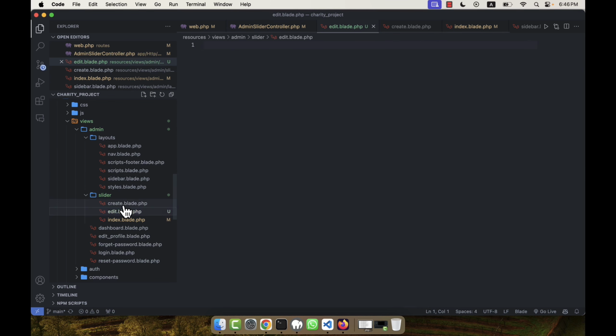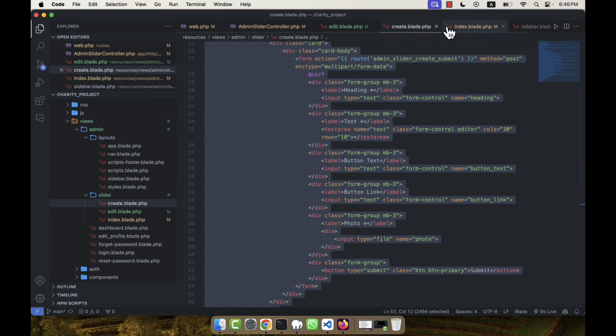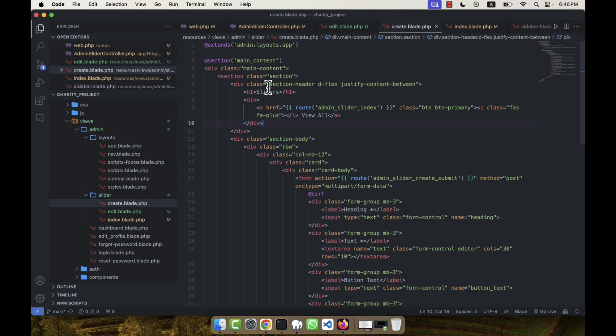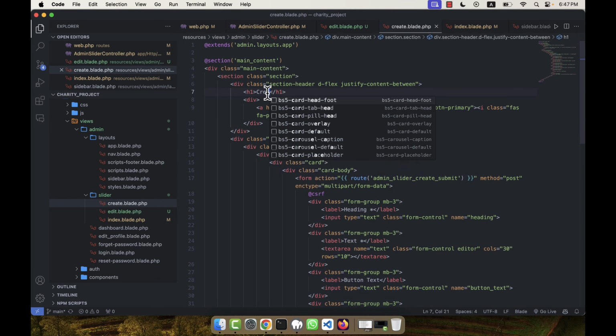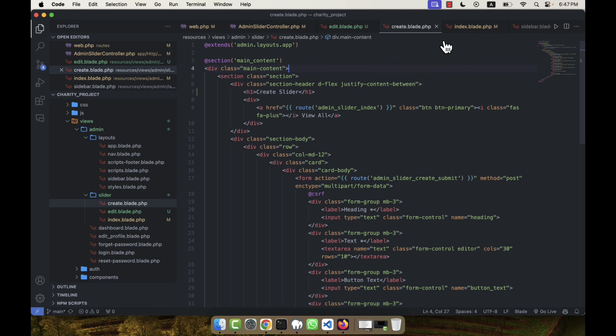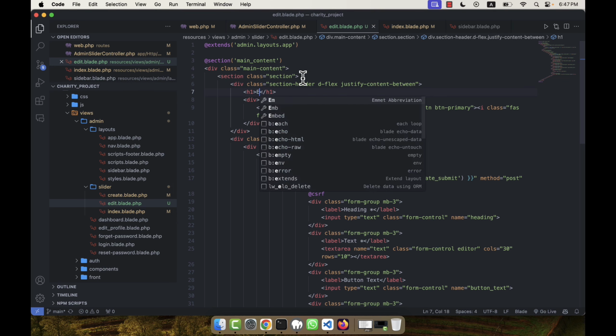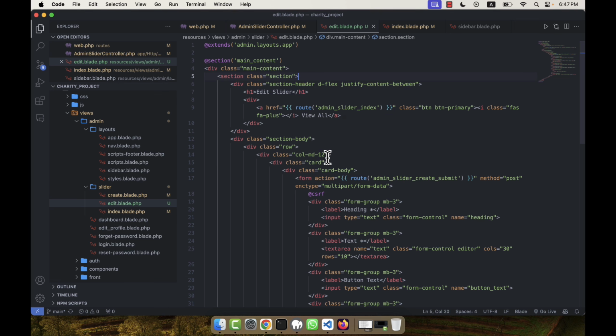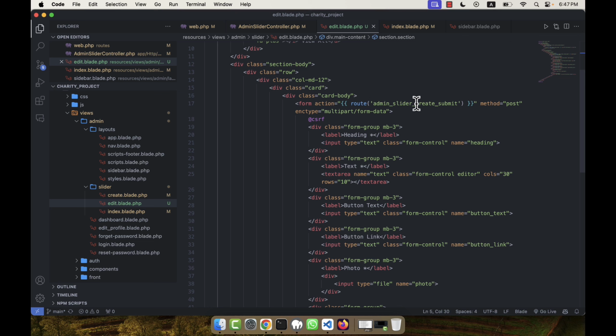edit.blade.php. This is similar to create, so I am going to copy this, and in the edit I am going to paste it. So here in the create view, it says create slider. Okay, in the edit it will be edit slider. So like this it can go to the view, and here admin slider edit submit, and then there will be a parameter here that can be, for example, slider id,